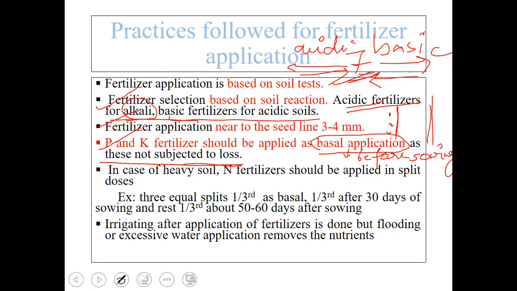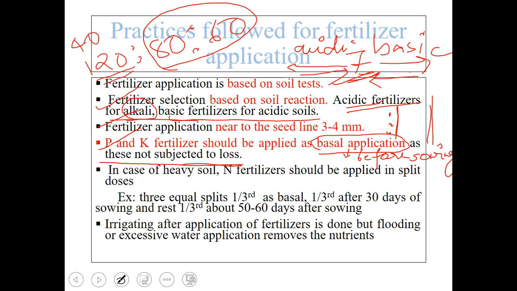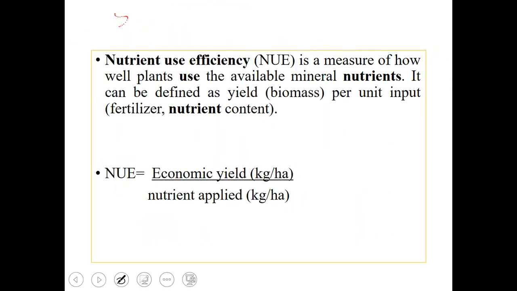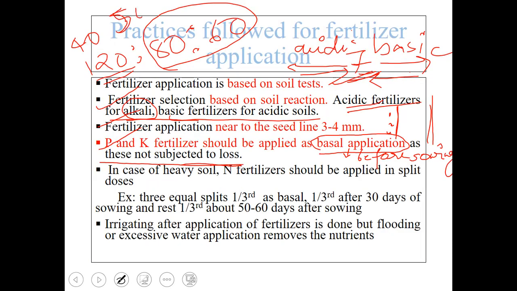But when it comes to nitrogenous fertilizers, we have to split the doses. Like if the recommended rate is say 120, 80, 60, we should apply the entire amount of P and K, the 80 and 60 kg, entirely. And this 120 kg we can split in doses. Say 40 kg once we can apply, and then 50 kg once we can apply. And the remaining 30 kg we can apply at some other time whenever the crop needs. Like that we can go for split doses.